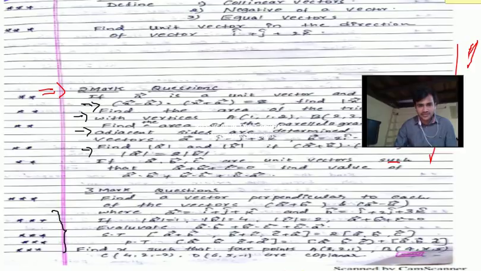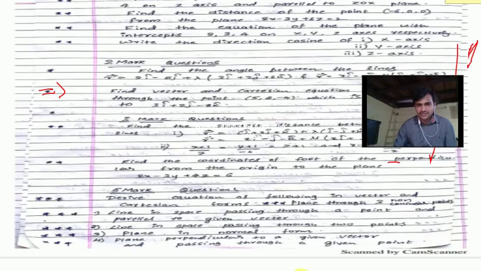Next chapter will be 3D. 3D already we know how to derive equations. And remember one thing, problems on 3D. Suppose a question is asked on a plane passing through a point and perpendicular to a given vector, simply for writing vector r minus a dot n is equal to 0, you will get